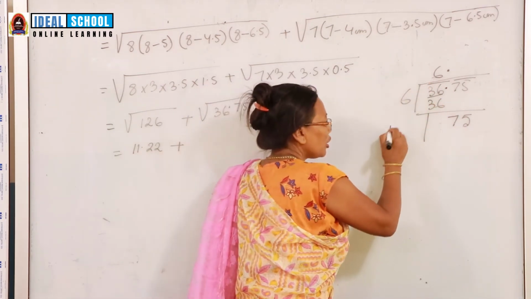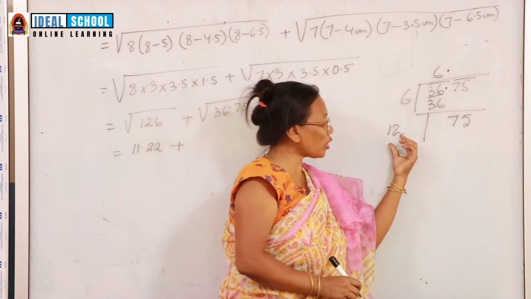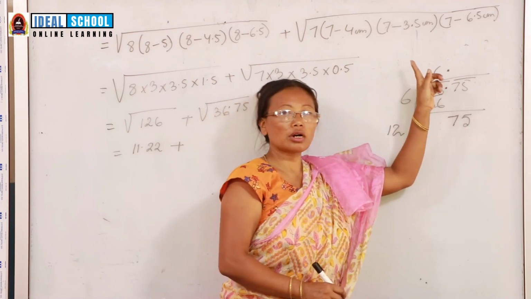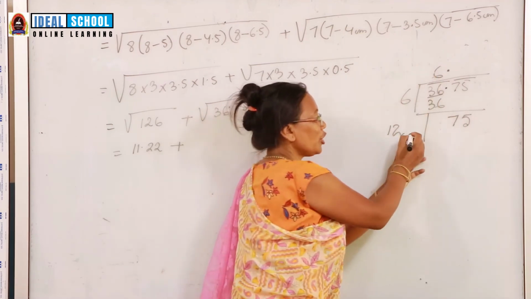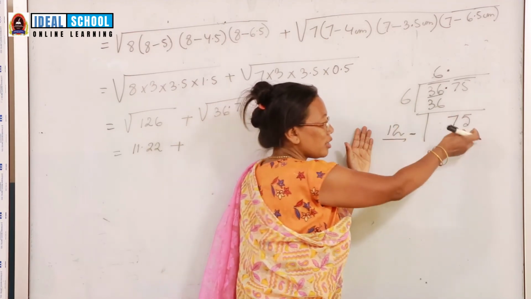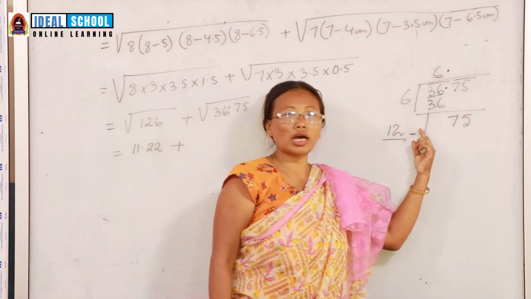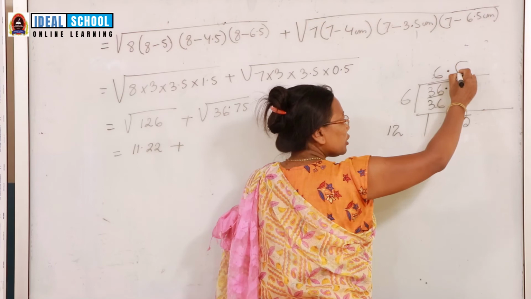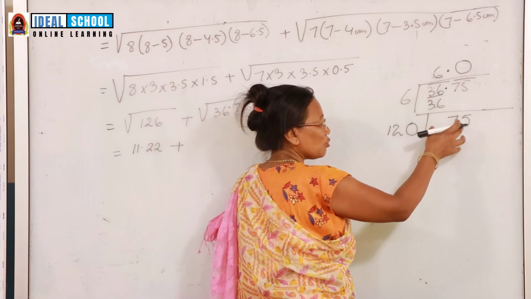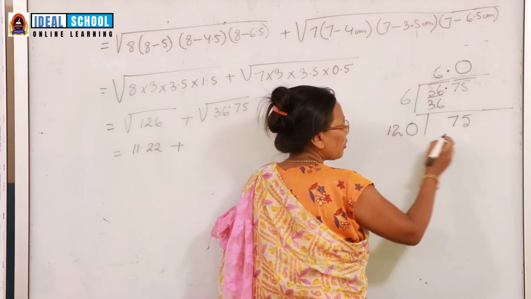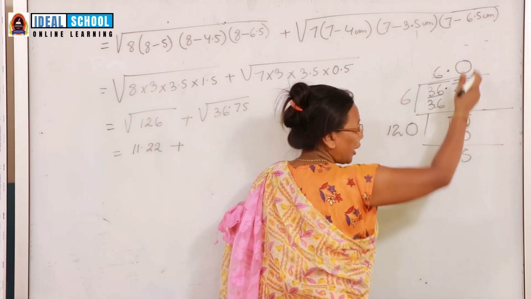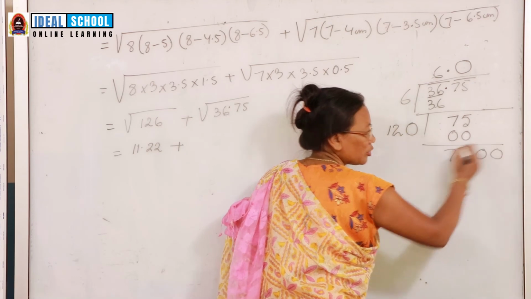2 6s are 12. This is 12. How do we get this 12? After multiplying the quotient by 2, we get 12. But still we need to search for another number. That's why we can't say that this number is less than this number. Now we are going to write 0 here, then here also 0. When we compare this, it is very small. That's why 0. Any number multiplied by 0 will be 0. That means 7 5.